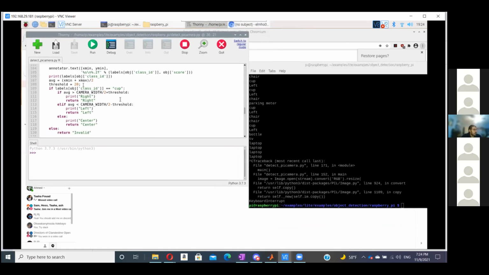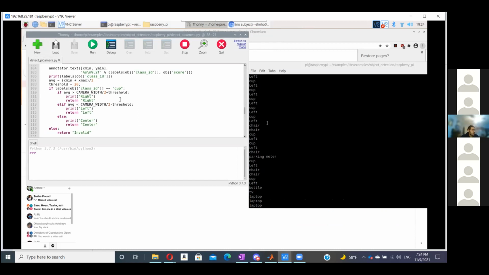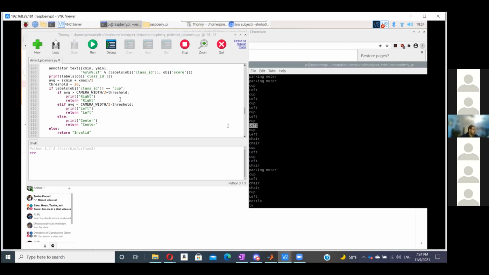I'm declaring the average threshold. So if I was to look at the cup on the camera, if it was on the left side of the camera and outside of that threshold, I would say it's on the right. I actually never moved the cup on the left, but I also have an else if statement saying if it's on the left, I'm printing out that the cup is on the left.